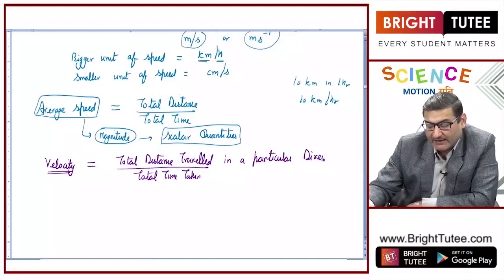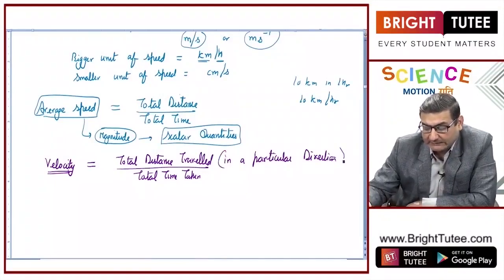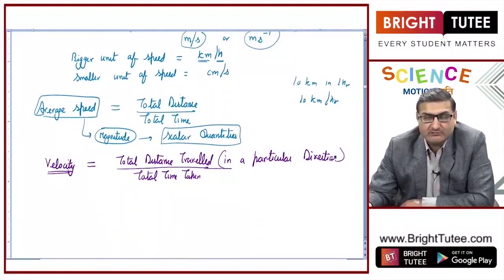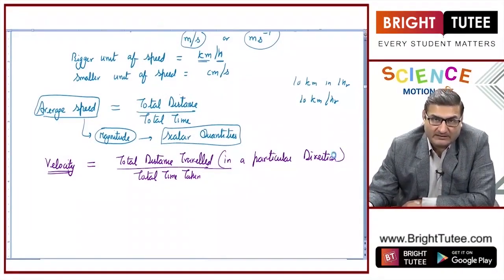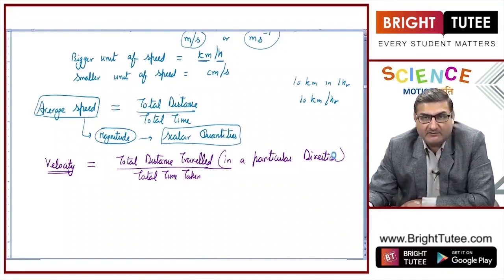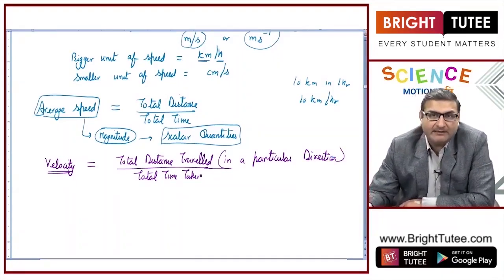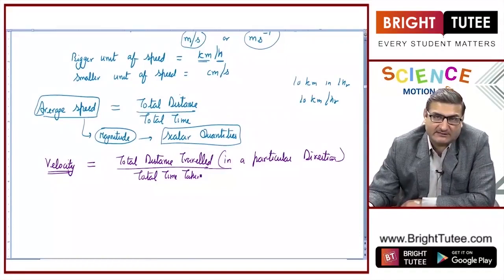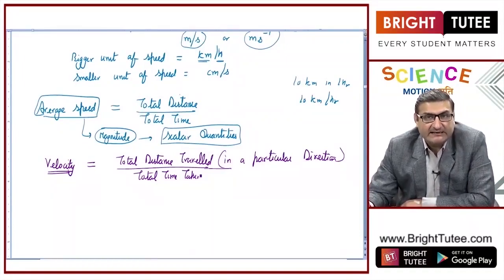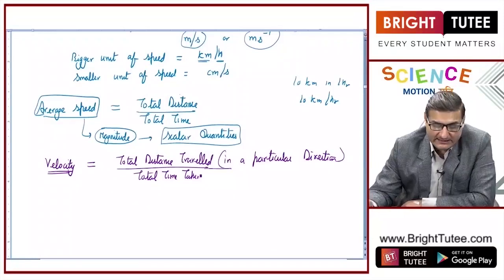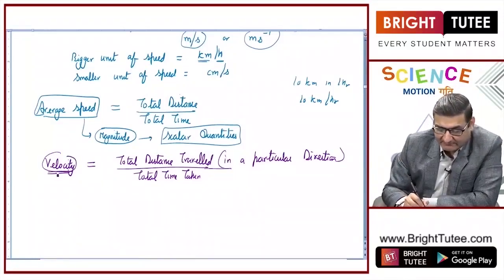Now I am adding not only the magnitude, I am also specifying the direction, right? So the difference between speed and velocity, as we can see here, is speed was equal to distance upon time. Velocity is also distance upon time, but in a particular specified direction. We need to mention the direction too, that is, in velocity we take the magnitude as well as direction, and if I am taking velocity, magnitude and direction, both the things in that, so therefore I can say that velocity